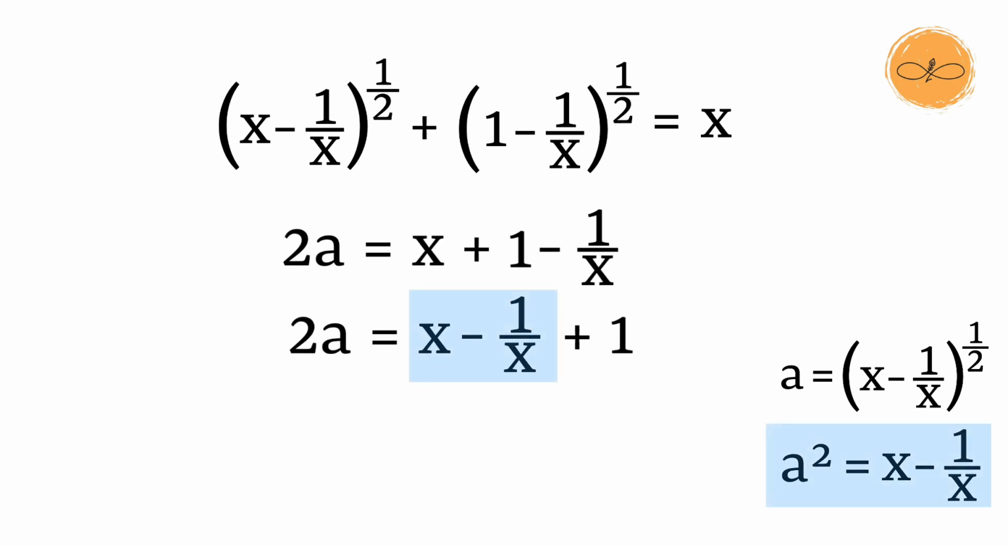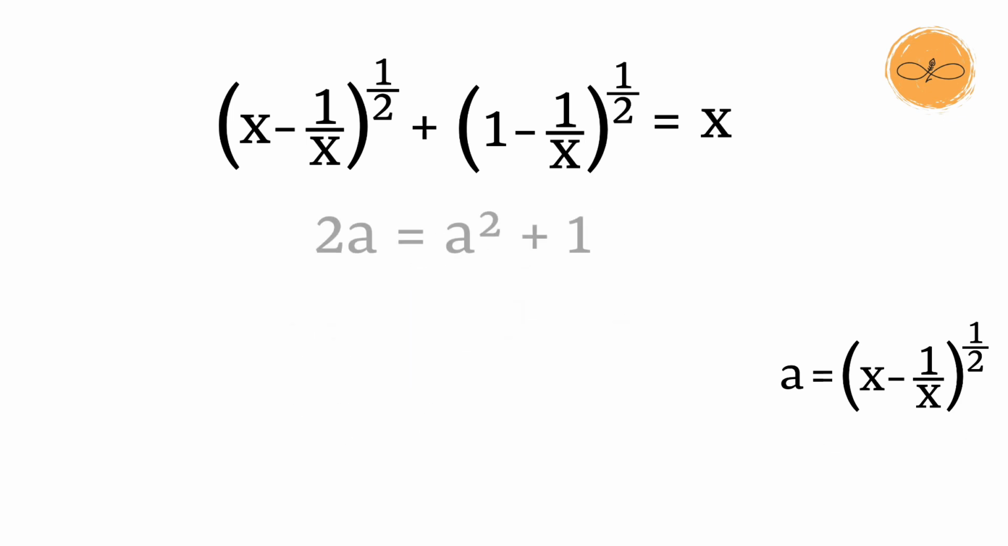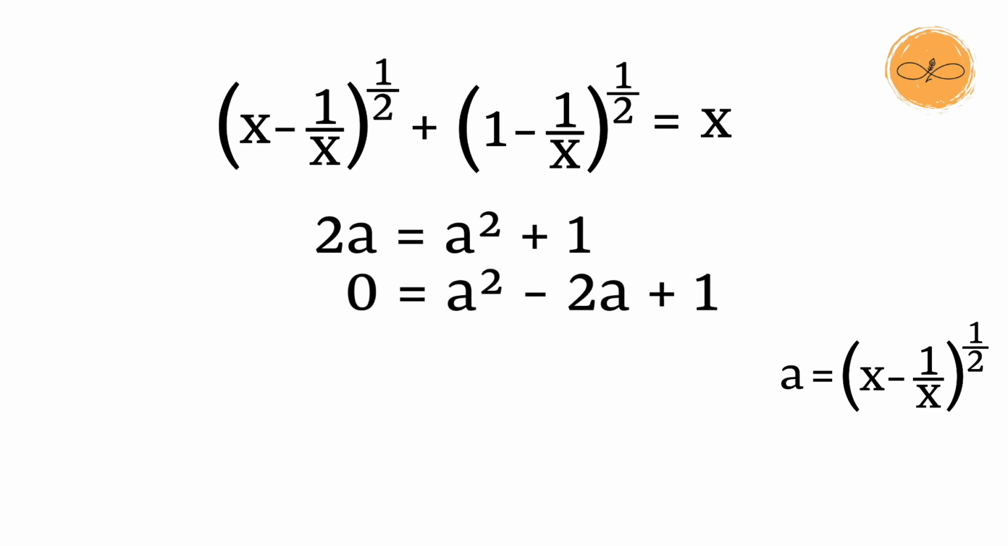Notice that x - 1/x is equal to a². So we then have 2a is equal to a² + 1. Now we can easily solve this quadratic equation. We subtract 2a from both sides and we get 0 is equal to a² - 2a + 1. Now we factor this, and get 0 is equal to (a - 1)²,